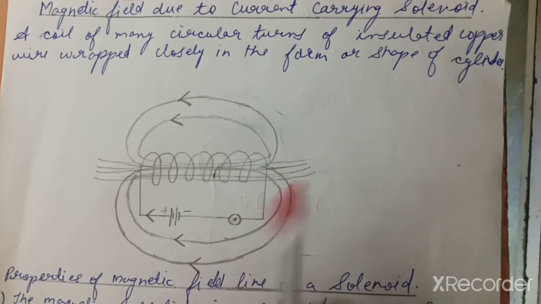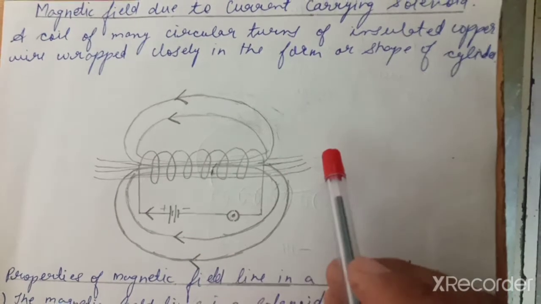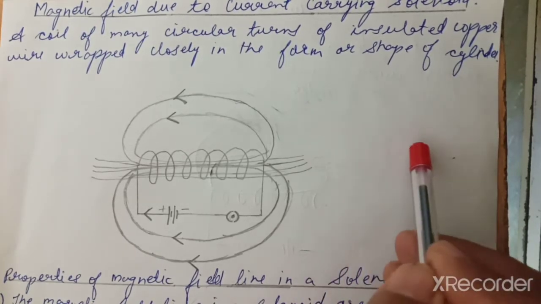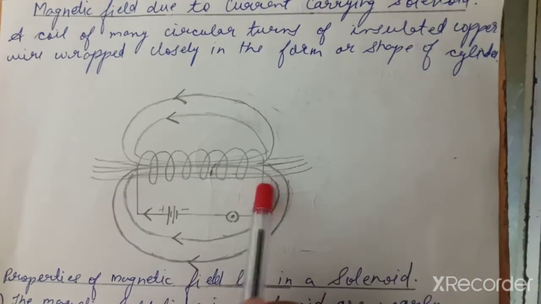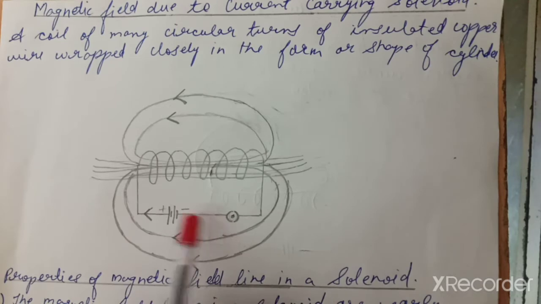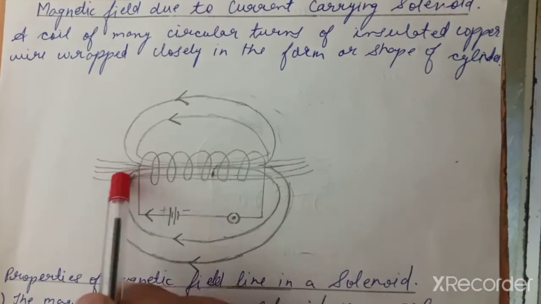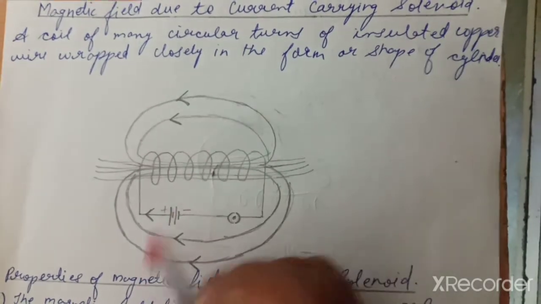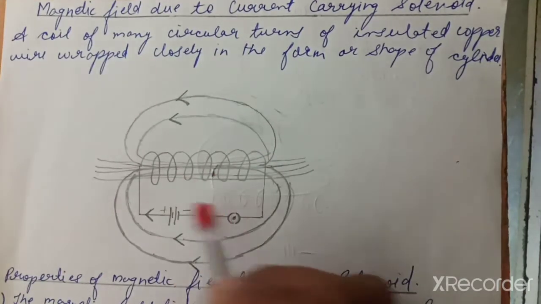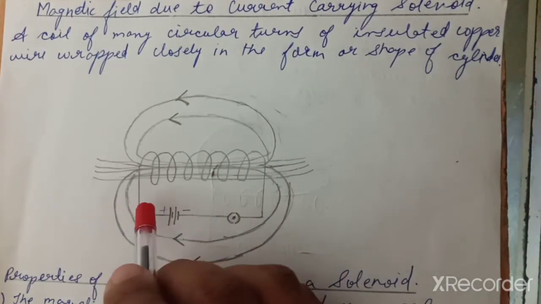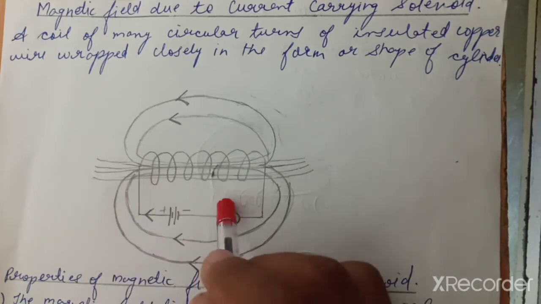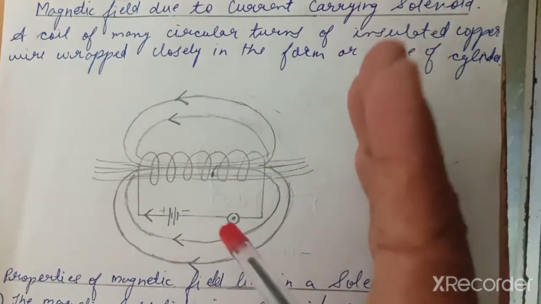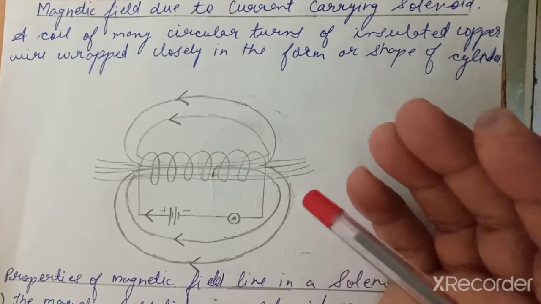It means you can say that this is a temporary magnet. In a bar magnet, a permanent magnet, the north pole and the south pole are fixed. But here, on changing the terminals, the direction of the current will change, and when the direction of current changes, the direction of the magnetic field also changes. The strength we can also reduce or increase, so it is a temporary magnet. But with a permanent magnet, even if you cut it into two parts, each part will behave as a magnet with a north pole and a south pole.